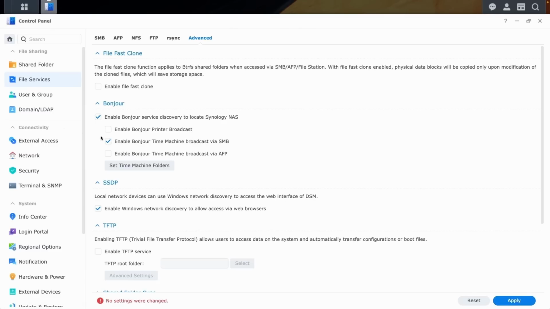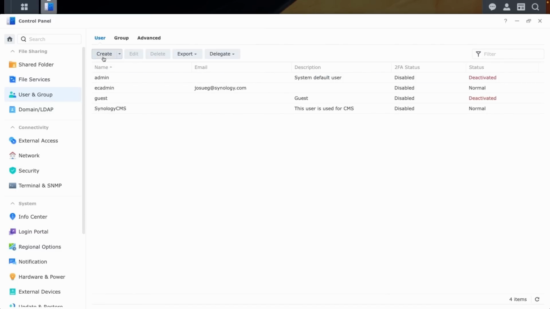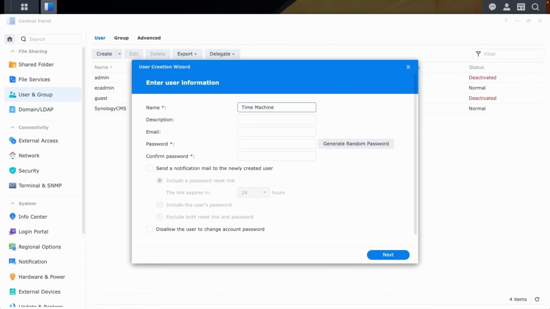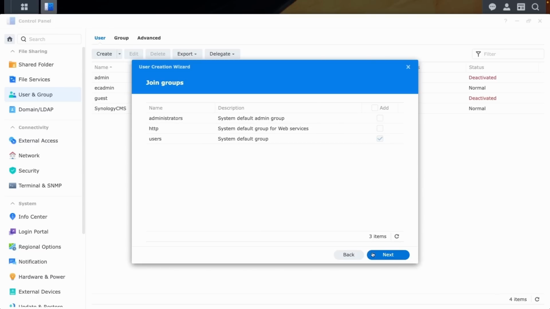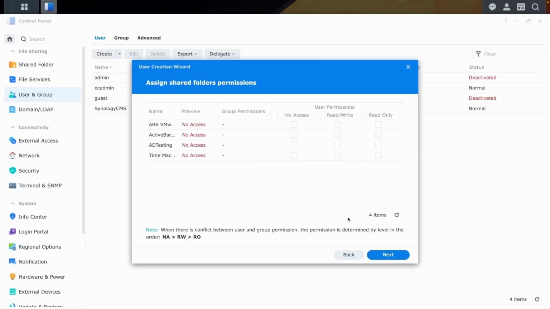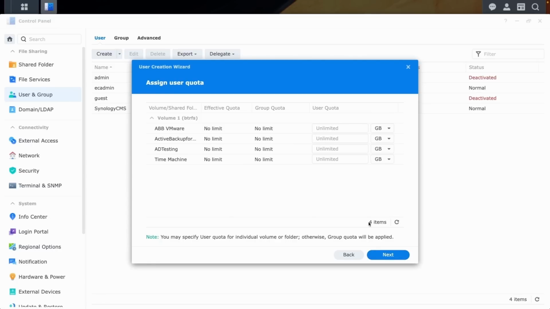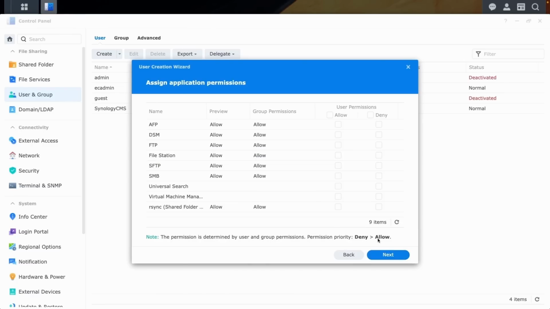Now, once that's all finished, since we're going to be utilizing this folder as a Time Machine destination, we're also going to go through the process of creating a Time Machine user and also set up a quota for this user on this Time Machine shared folder. We're going to go back over some of these details a little bit later, but essentially, if you're going to use this folder as a normal file server destination, you would do a similar process. You might create a normal user for your users actually interacting with the file server and set a quota for them as well. Just in this demo, we're setting up our user and our quota for this Time Machine service specifically.